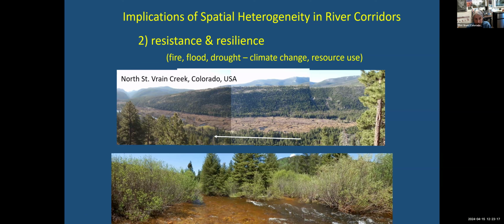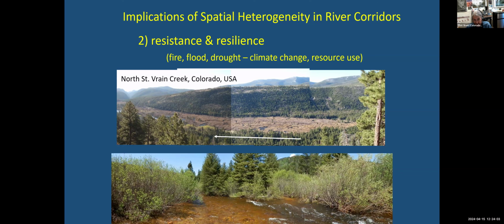In 2013, we had the largest flood in the region of this beaver meadow. And when I was finally able to get up there after they repaired the roads and reopened the national park after a federal government shutdown, I went to the upstream end here and I couldn't tell there had been a flood until I really started poking around. If you look at that lower photo, those are really dense willow shrubs. The flow energy was very effectively dissipated moving into this part of the river corridor.